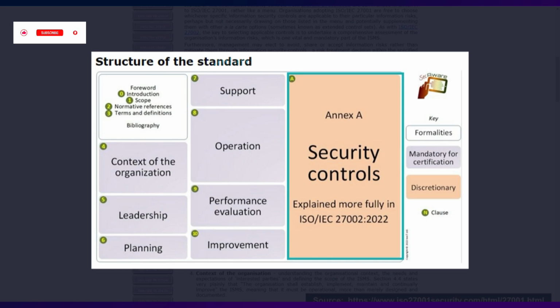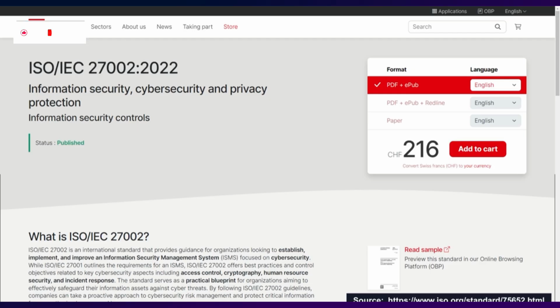So again, you can go over to ISO.org. You can see that the information security controls are right there, and this is the control catalog that you would implement to improve your information security management system, or ISMS, that is defined by ISO 27001. Now we will talk about the controls in another video, but for now I really wanted to educate you on ISO 27001, show you what is in the actual standard, the framework, and help you to prepare for the CISSP exam, just in case you see a question on it.